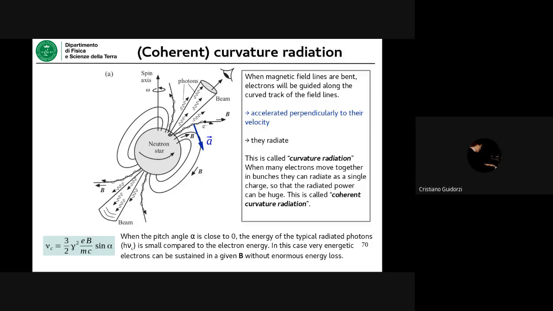When this is the case, all these particles behave like one single particle because they emit coherently. The electric field, which results from the sum of the radiation fields of every single particle, adds up in phase,